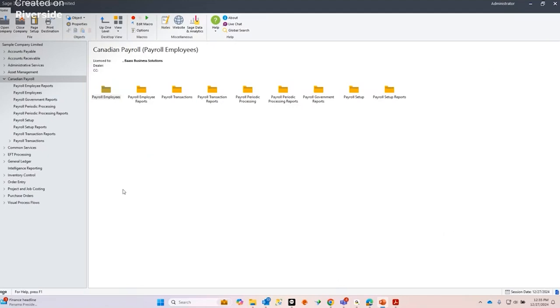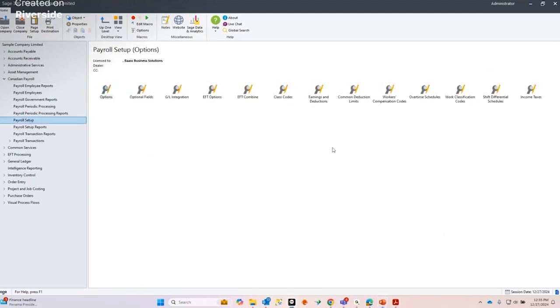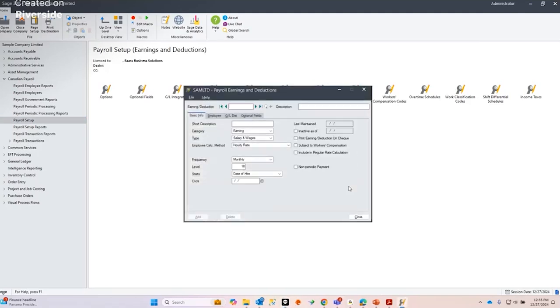From Sage 300, you will select Canadian Payroll, and then Payroll Setup, and Earnings and Deductions. The first one we're going to set up would be a life insurance premium where the employer pays a portion or perhaps pays all of the premium. You would give it a code, you would give it a name,